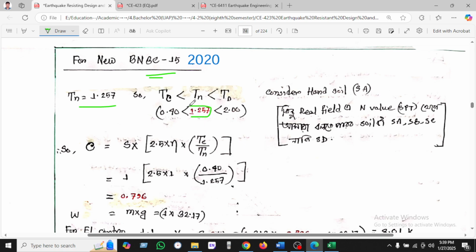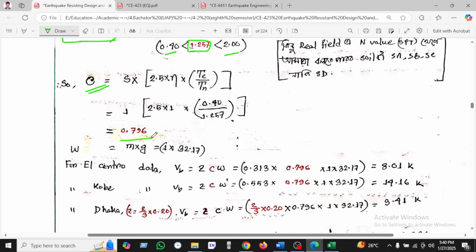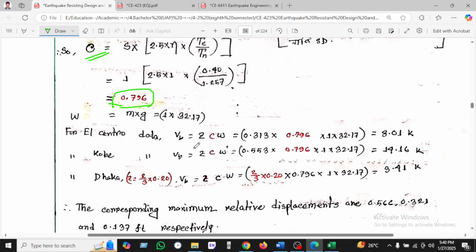0.17 was found from the ETFs, and we can see the calculation here. Then we have the TC value 0.4 and T equal to 0.20, and found the S value and C value, putting all these values, and found the C value 0.796. And W equal to M times G we have found here, and the El Centro data is given. From the El Centro data we found 8.01 for the base shear, and for Kobe it will be 14.16, and